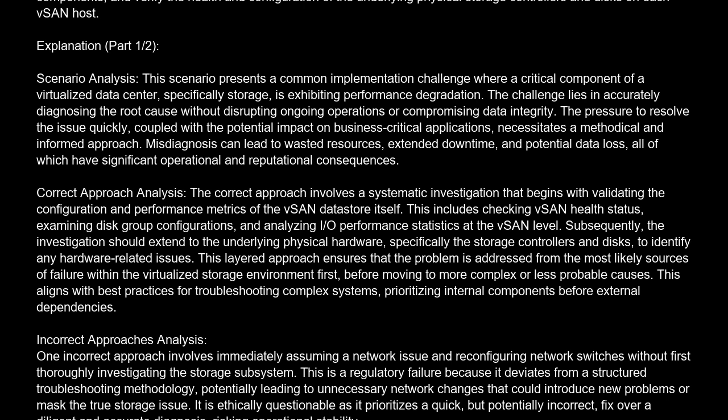This is a regulatory failure because it deviates from a structured troubleshooting methodology, potentially leading to unnecessary network changes that could introduce new problems or mask the true storage issue. It is ethically questionable as it prioritizes a quick, but potentially incorrect, fix over a diligent and accurate diagnosis, risking operational stability. Another incorrect approach is to immediately replace all physical disks in the vSAN data store without conclusive evidence